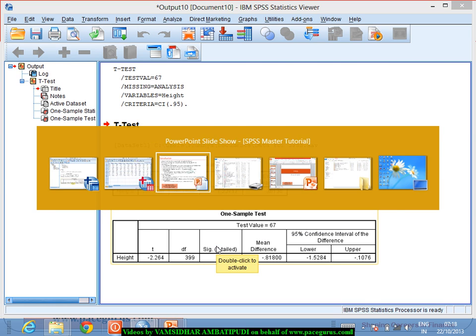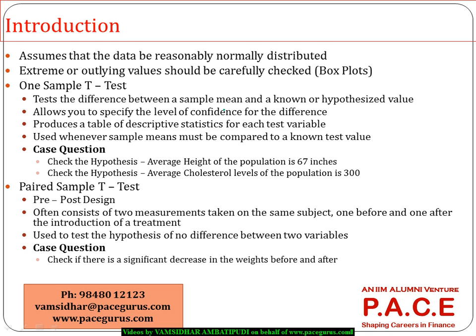As an interpreter of the data, I only look out for one single field, the significance level. My conclusion comes only from that significance level. I'll check whether it is less than 0.05. If the significance level is less than 0.05, I'll say that the hypothesis can be rejected. The null hypothesis